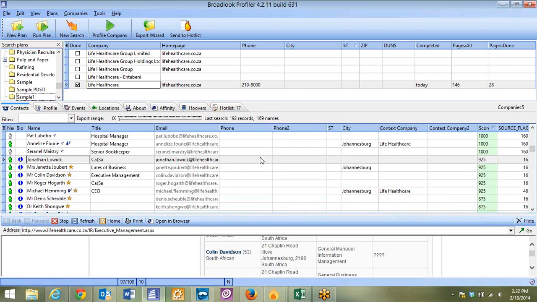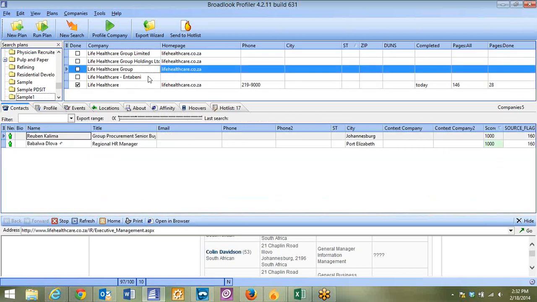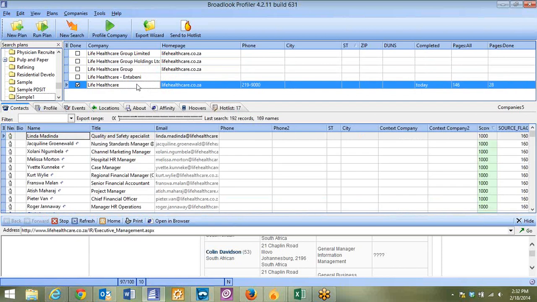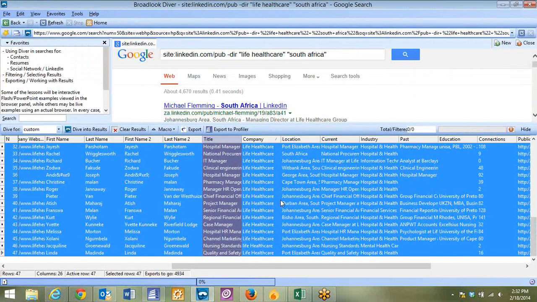If something is of interest, or you think this is something that's going to work for you, let me know. I can cover cost. Cost is going to be based off of the capacities. Capacity for the profiler is the number of companies, or URLs, that you profile. So this is one URL. You can export as many names as you want, it doesn't matter. It's the number of URLs or websites that you would profile a day. The lowest number is 50. We can go much higher than that if you'd like. But you need to let me know how many per day you'd be looking at, and I can give you some pricing. As for the diver,